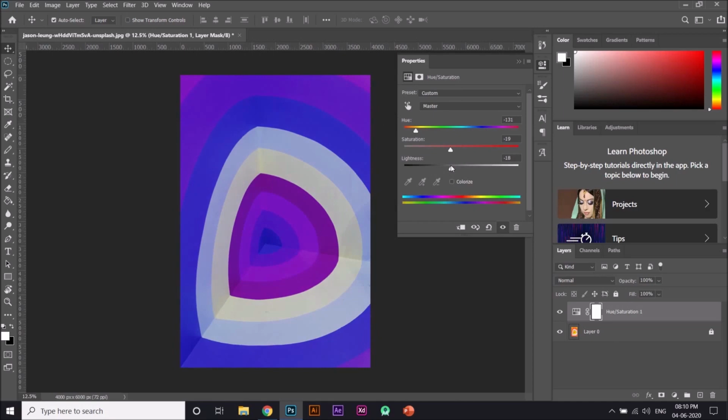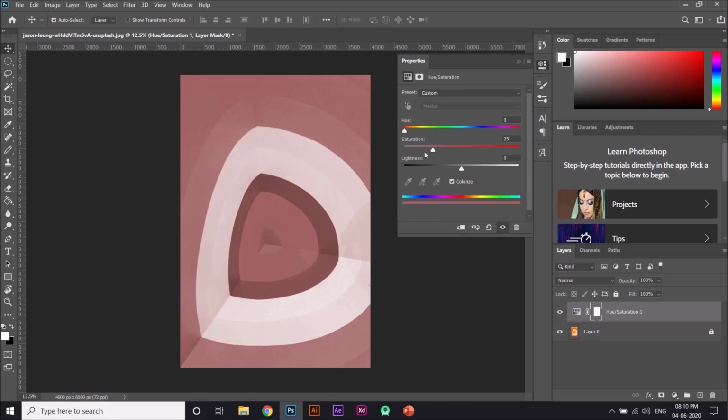But let me show you something interesting. Right here you have this option called colorize. When I click on this, boom, you can see this forms like color filters. As I drag, you can see right here it's in red, so there's something like a red filter, and then here I have green, blue, purple or pink and then back to red, and I can change the saturation as well, and here lightness.